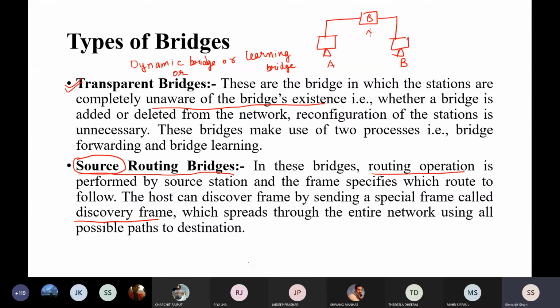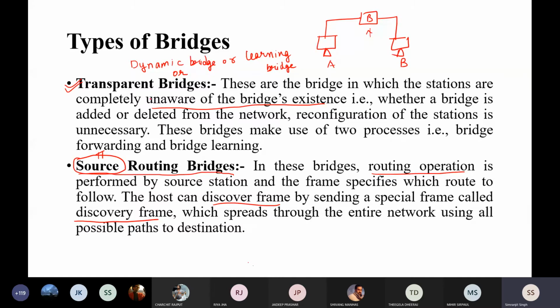So they are both the same, but the only difference is the source. In this particular case, the source has more responsibility. More responsibility means that it has to define the routing, which particular path to follow, and again it has to define something called a discovery frame. If you want to know that a particular device is newly connected, you have to know about this discovery frame. So this is introduced in the source.